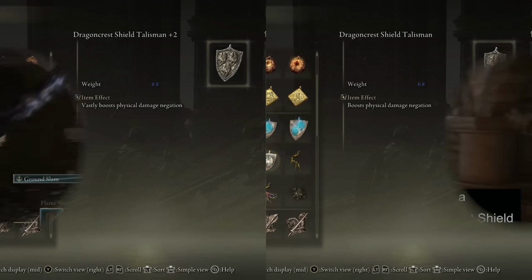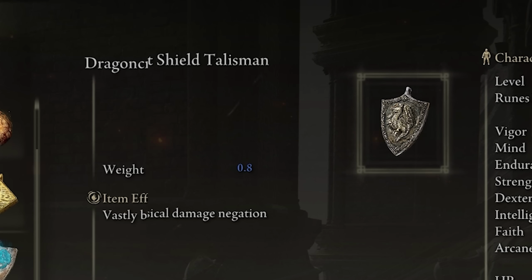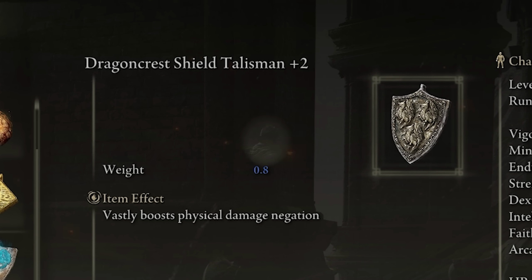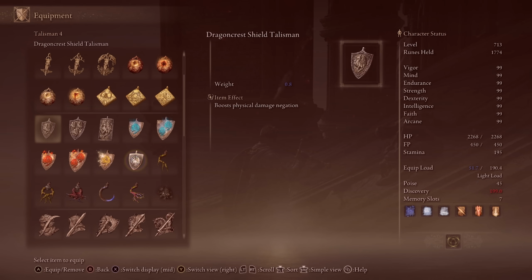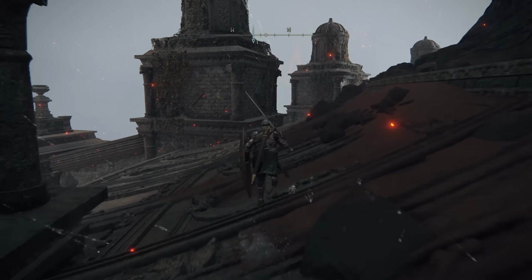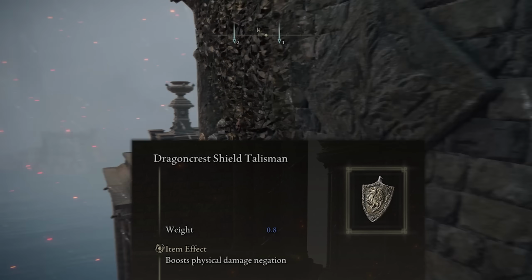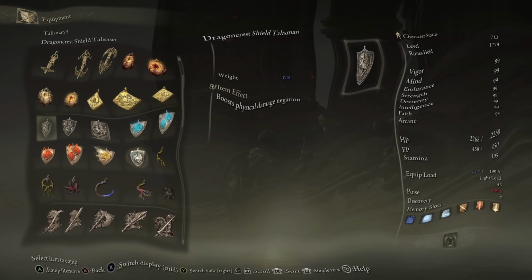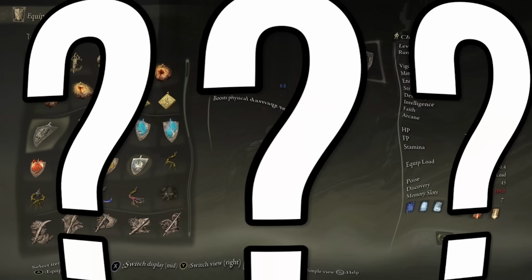The problem is that it's not the only Dragon Crest Shield Talisman in the game. There's a +1 and a +2 variant, as well as a Dragon Crest Great Shield Talisman that's even better, and while it's outclassed, that doesn't automatically make it useless if you happen to find it earlier, but the problem is, I don't think anybody's gonna find this version of it before they find a better variant of it. So, for whatever reason, this version of the talisman, the least good version of it, is one of the hardest